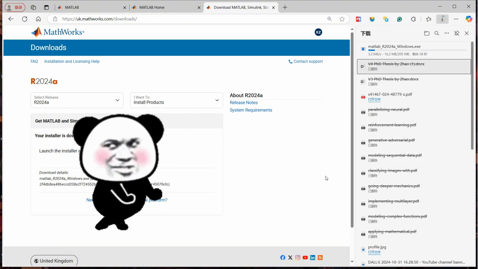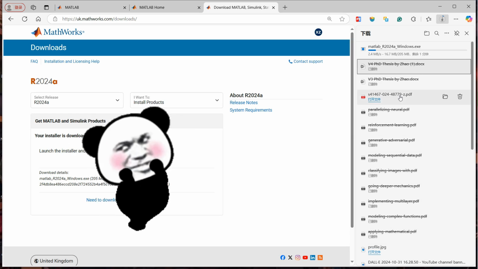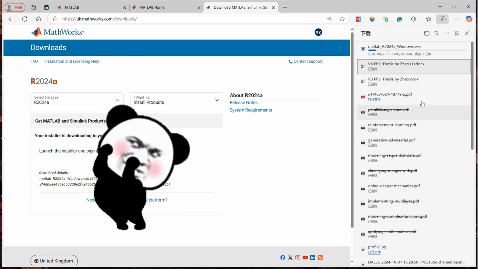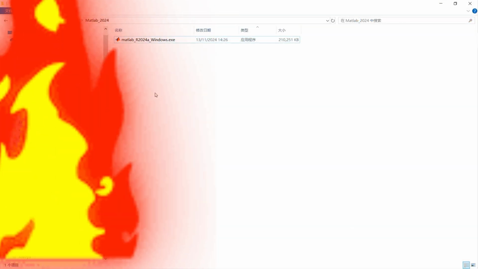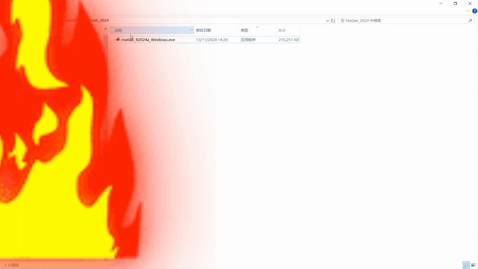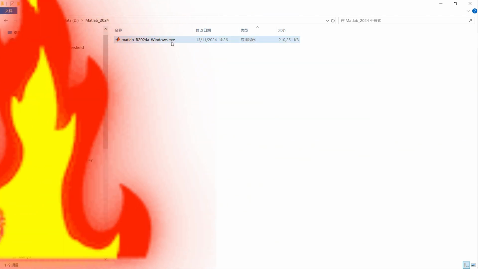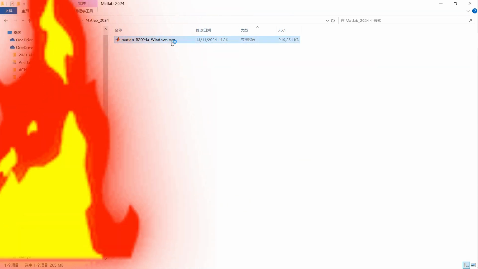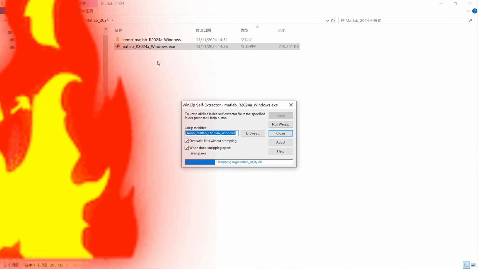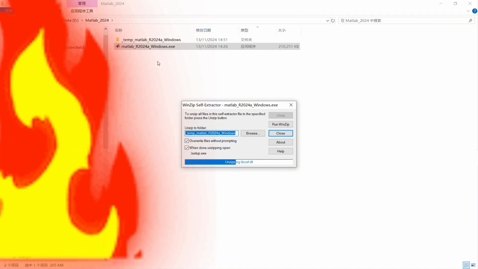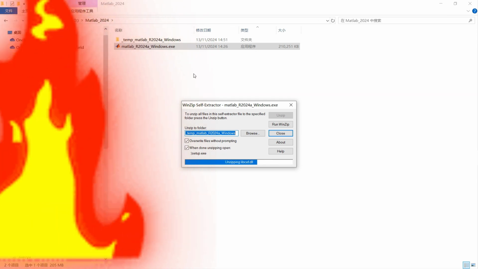Then it takes about 2 minutes, I guess. Then I could download this item. This is the download item. Please note it may take several gigs, so please place it in a good position before you run out of your memory. Double-clicking this item, you could unzip it. After the unzip,